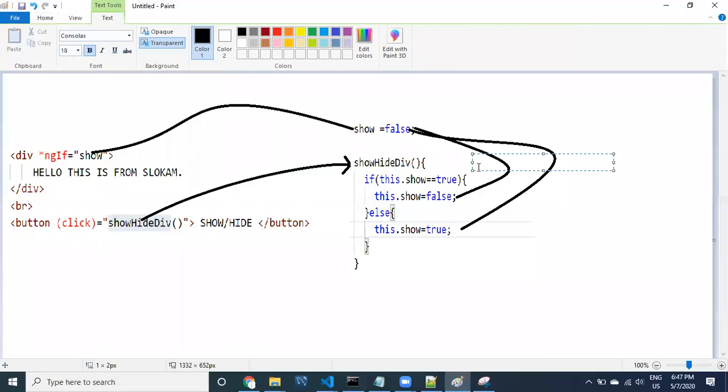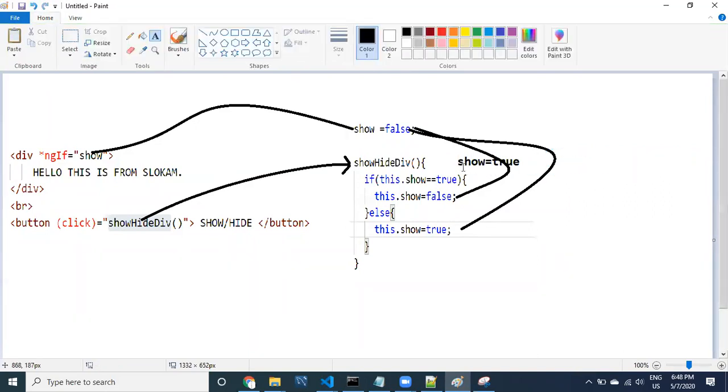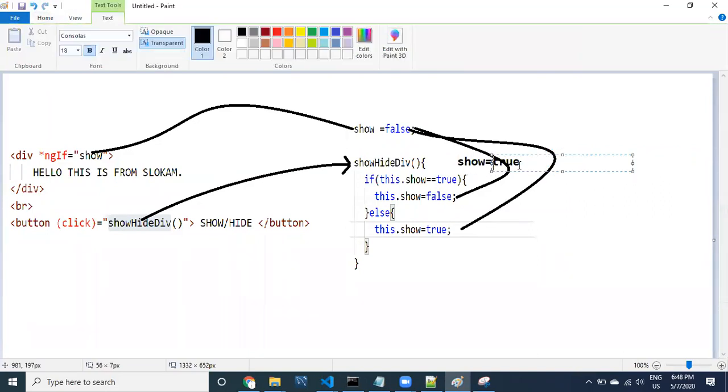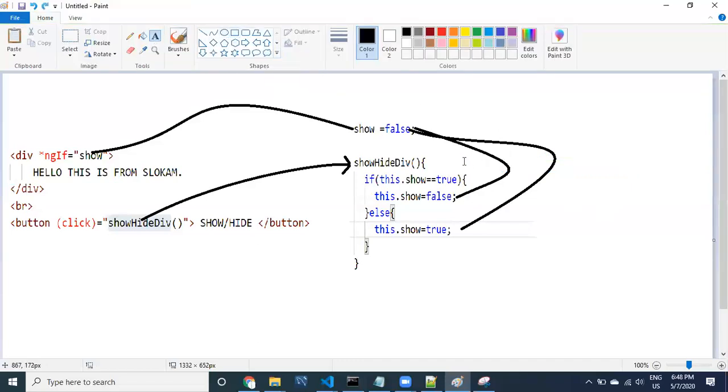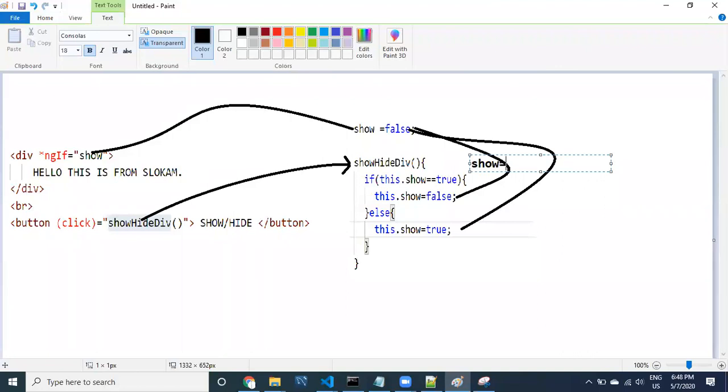Just, I'm going to make it show equal to true. Sorry, guys. Here show equal to false.